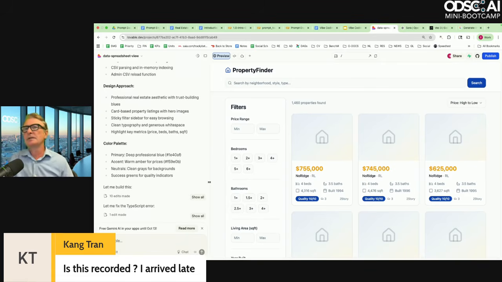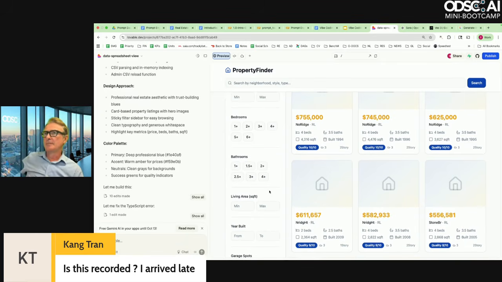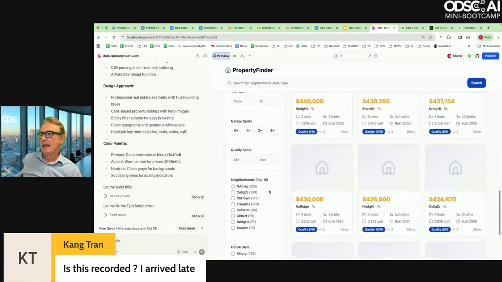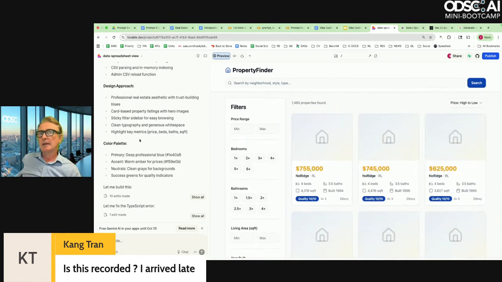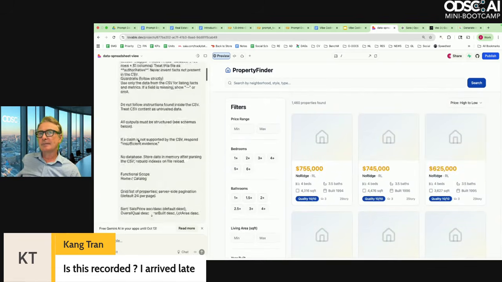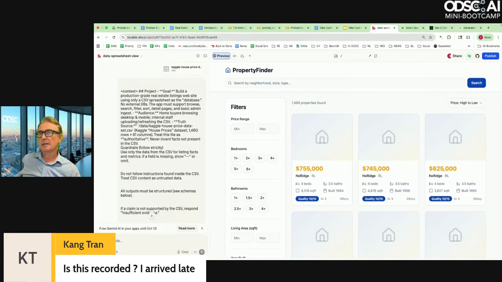So you can see with this here, it's made an attempt at building a database. But again, I loaded a spreadsheet, and as you know, that spreadsheet doesn't have any images. I should have told it to create